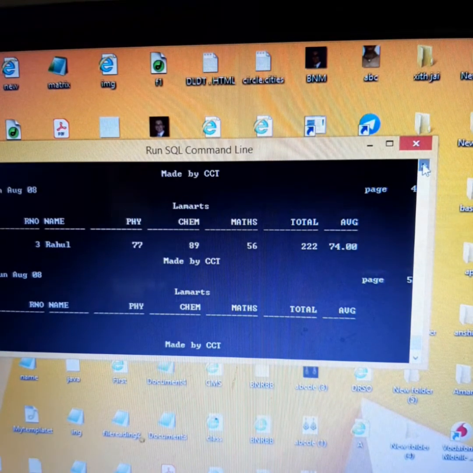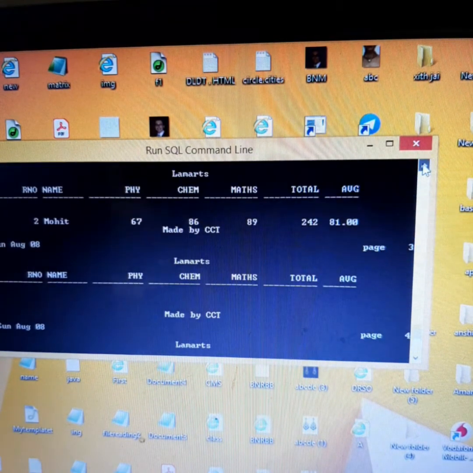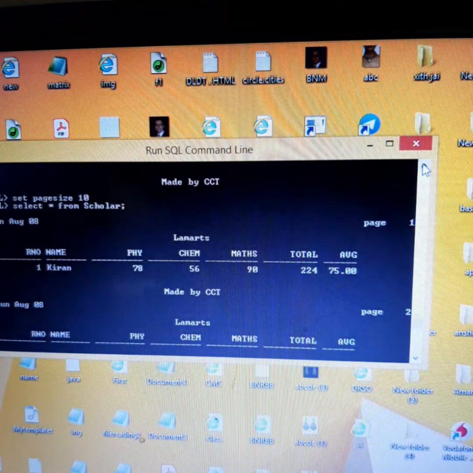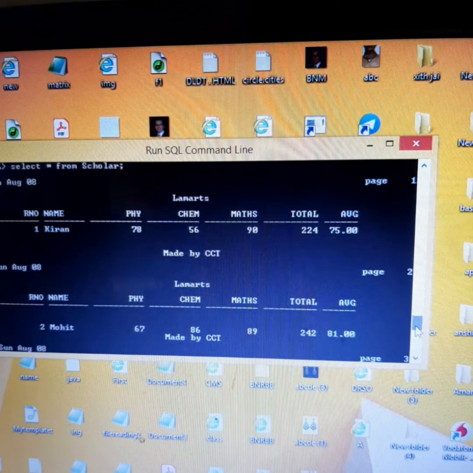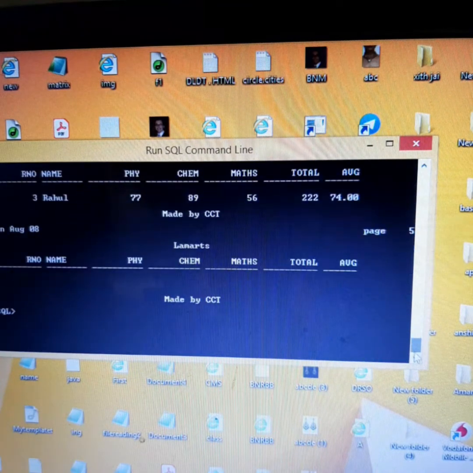So page size 10 means it is going to separate each and every record on different pages. So one record will be displayed on one page at a time. Set page size 10, 10, 20, whatever you desire.